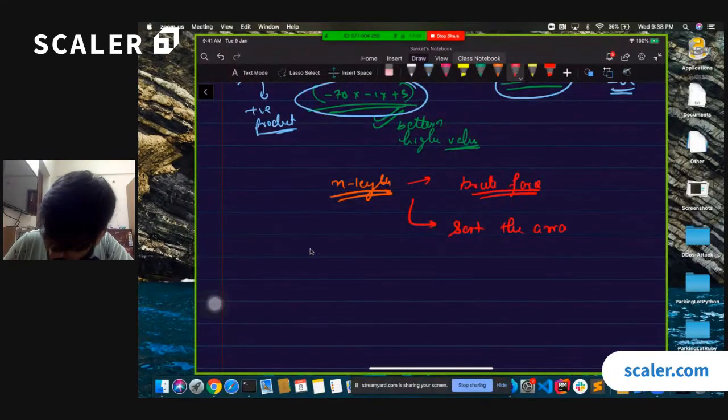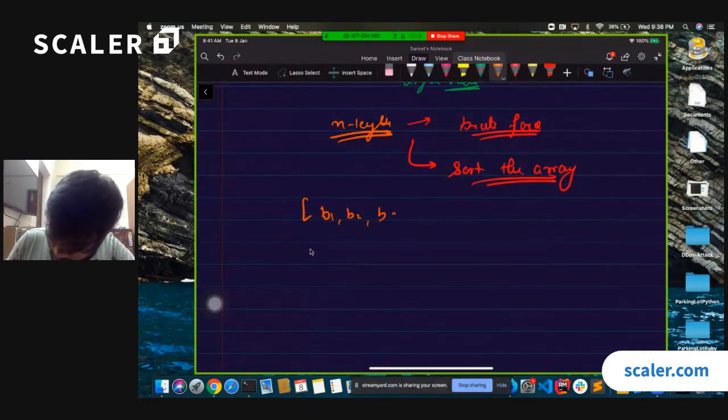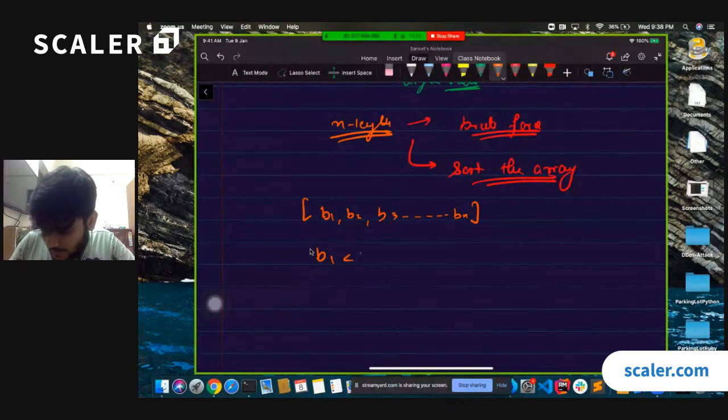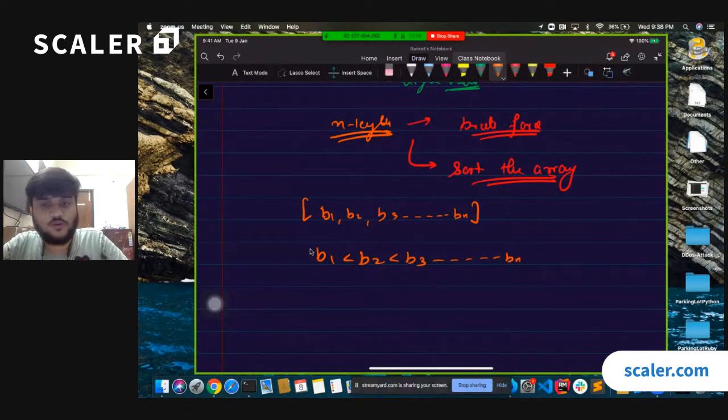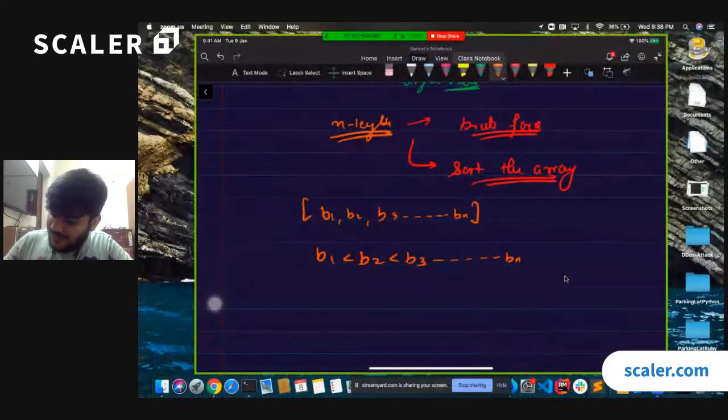We can just sort the array. And after sorting, let's say the array becomes b1, b2, b3 till bn, and this is the sorted sequence, that is b1 is less than b2, which is less than b3, so on and so forth till bn. So if this is the case, then what we can say here is